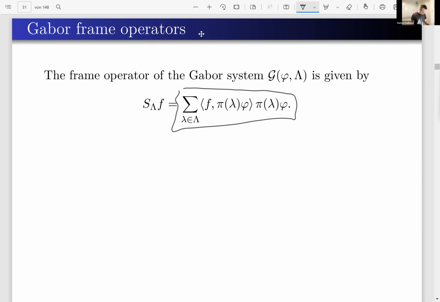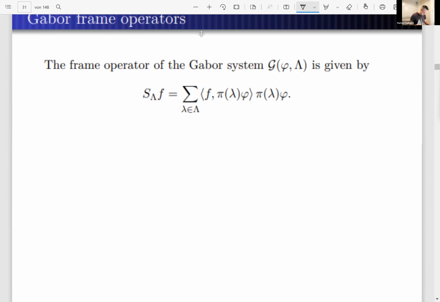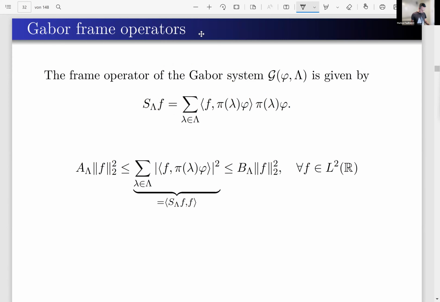But in general, this frame operator S_lambda is not the identity operator, and so in general, this object here will not be f. But what we would like to have instead of this, so this here is more or less the Bessel inequality we know from